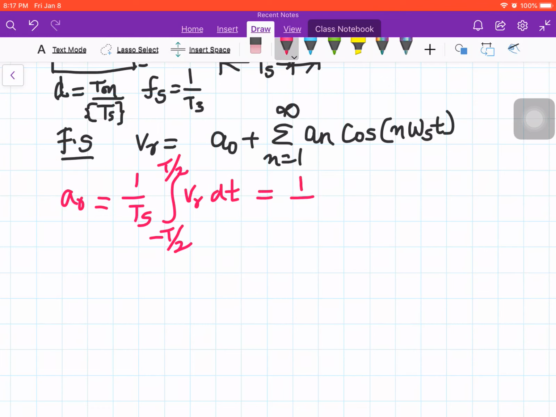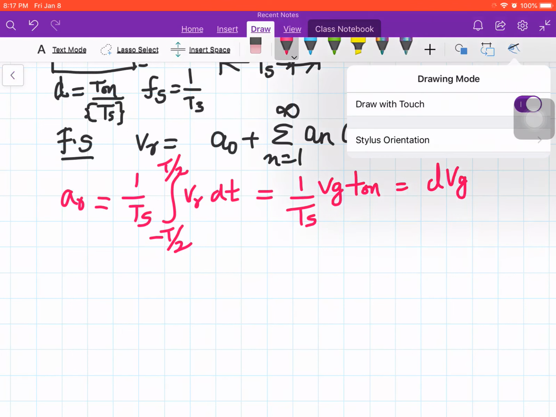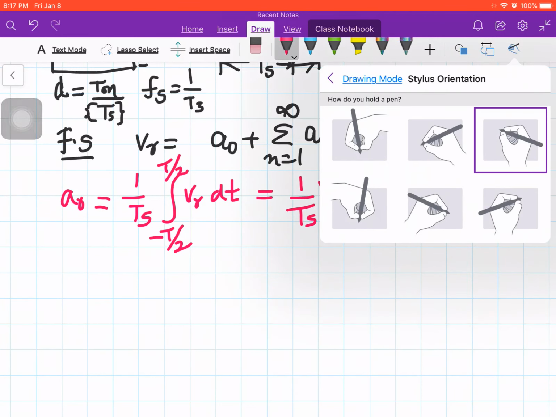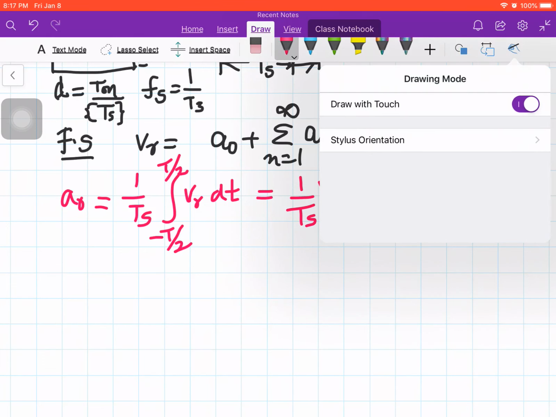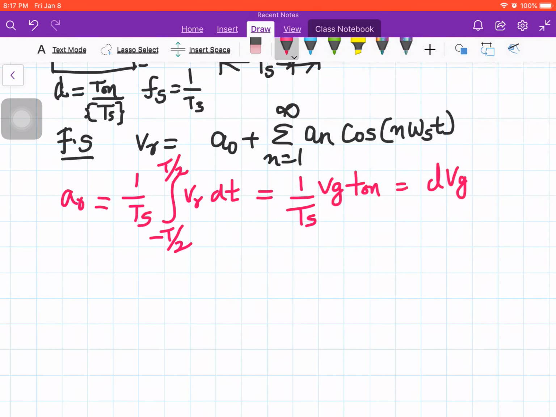That would simply result in 1 by Ts into Vg into T on, which is nothing but d into Vg. Now we can similarly compute an, since it is an even